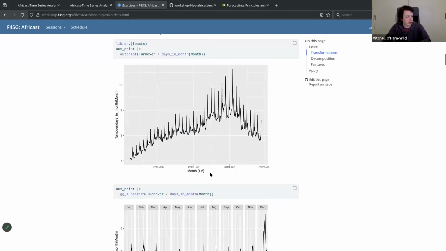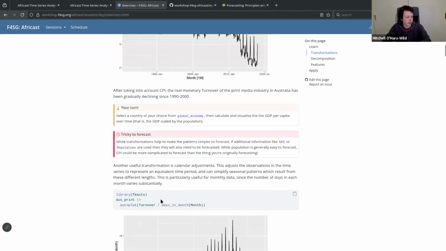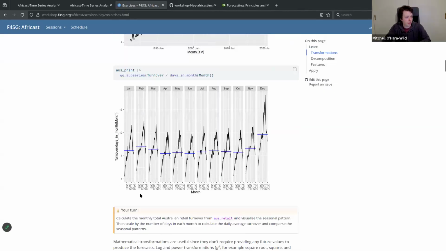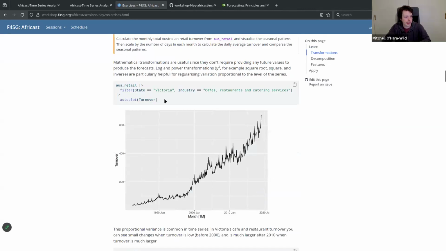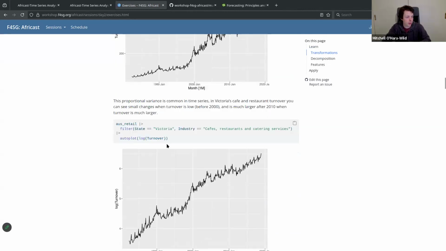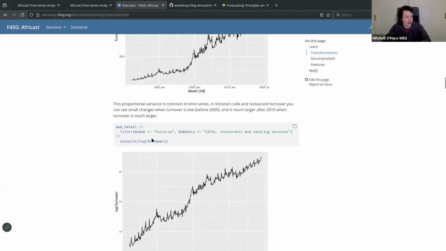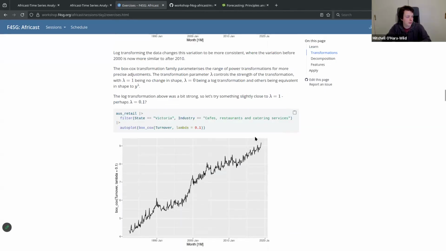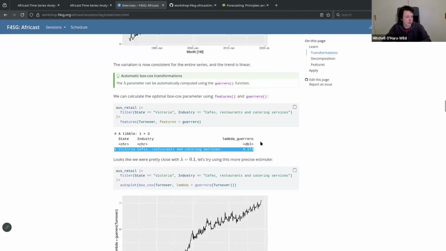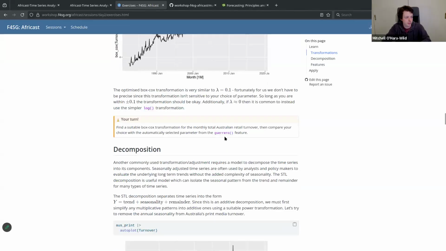Perhaps most useful would be recapping the transformations for when you're doing the log transformations or Box-Cox transformations. There's a different example here, which is the number of sales in Victoria for cafes, in which you find Guerrero's method. So this code will step you through the process bit by bit